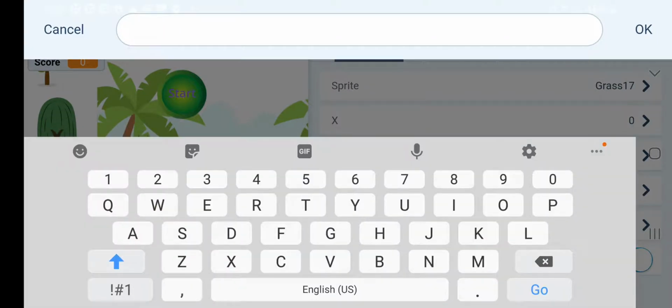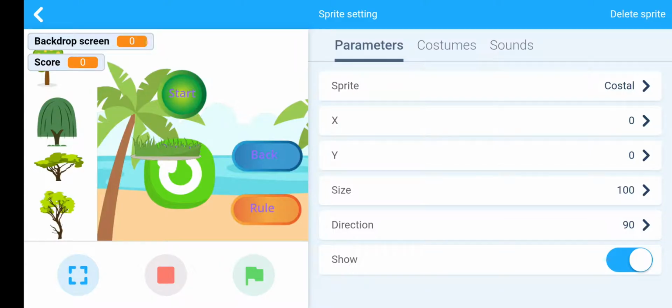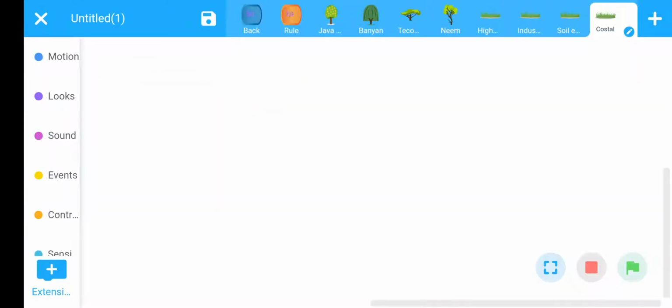Last landscape is our coastal. Click OK. Look at here, we have added 4 soil patches where we will add these 4 trees. That means we will implant these 4 trees on these 4 soil patches. Okay.